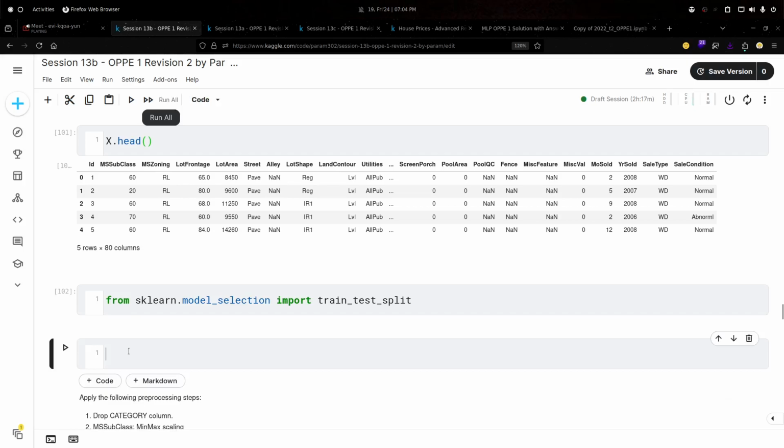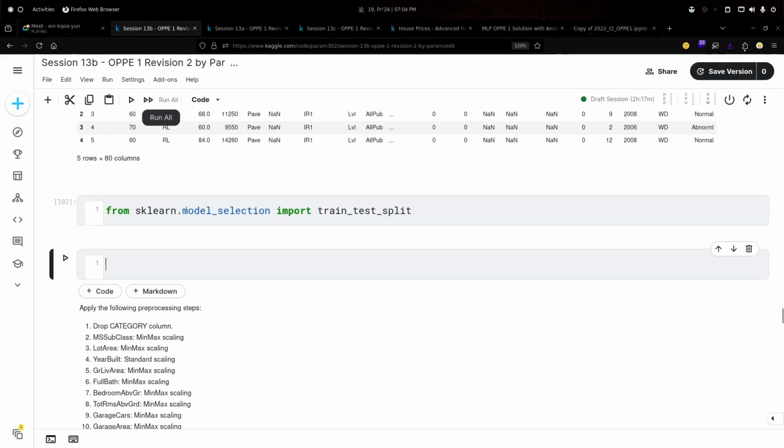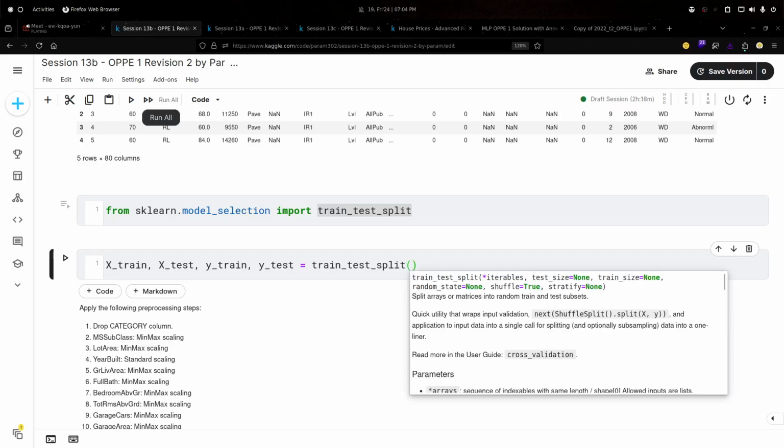Now I will create a new cell. train_test_split first returns the first data which we have passed, like we pass x by default, and then it will give us y. So first it will give us x_train, then x_test, then y_train, then y_test. Now can you tell me the further code?